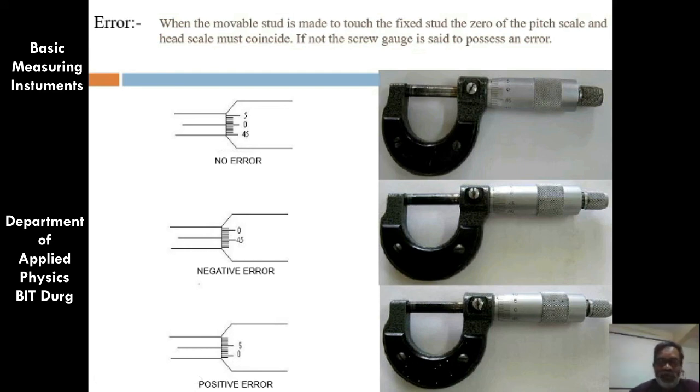As I told you, in the case of a traveling microscope, you can even have a vernier attached to it. In the same way, you can even get a traveling microscope where a vernier screw gauge is attached to it. So whatever be the case, you are going to measure the separation. Whether a vernier scale is attached or a screw gauge is attached, there is no difference. The working principle of the traveling microscope remains the same, just the measuring instruments change.